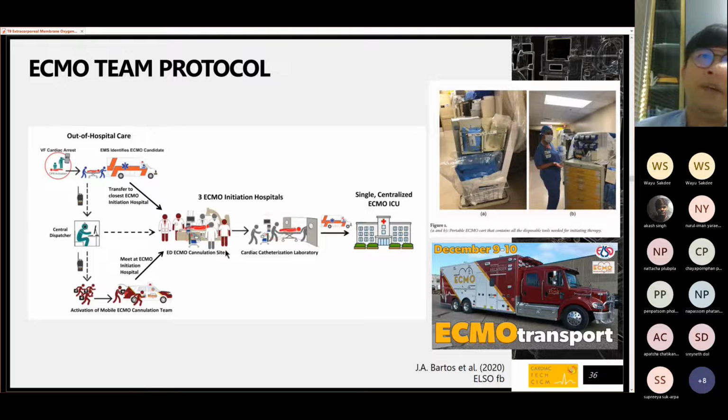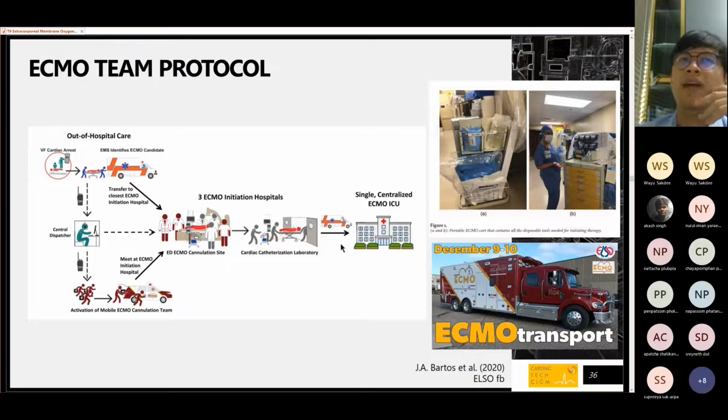In this example, they transfer the patient to the cath lab for further investigation, and move to the ICU. It is almost similar to this diagram in Thailand. Let's say we have a CPR, a call to the team. Okay,